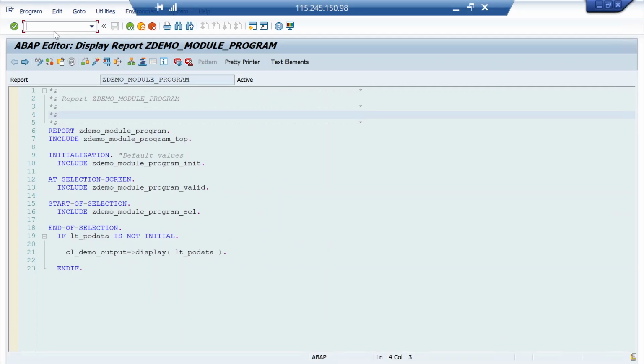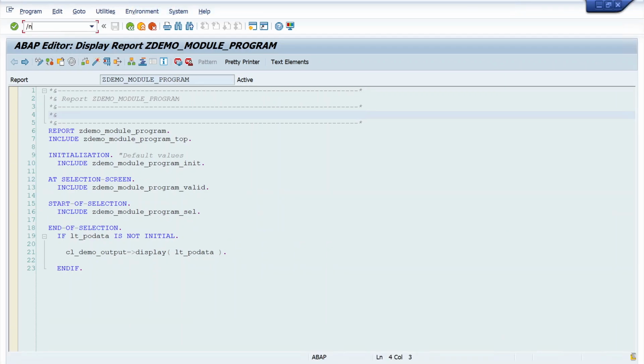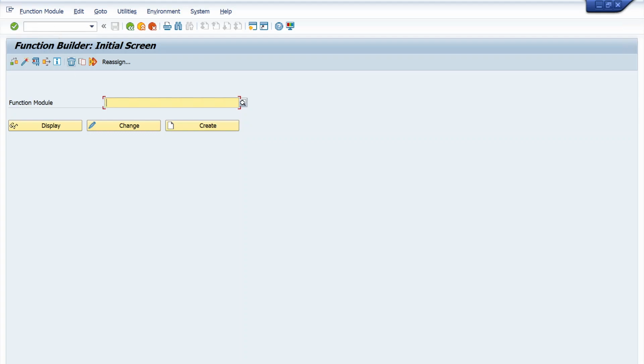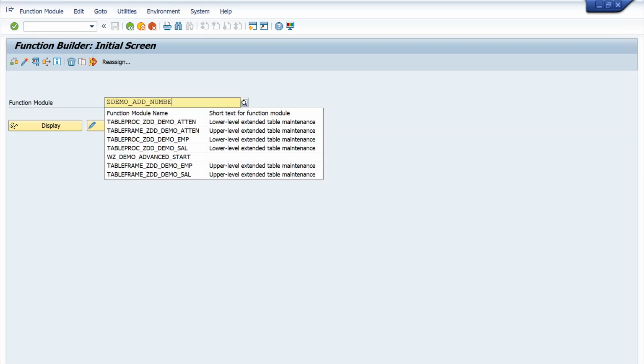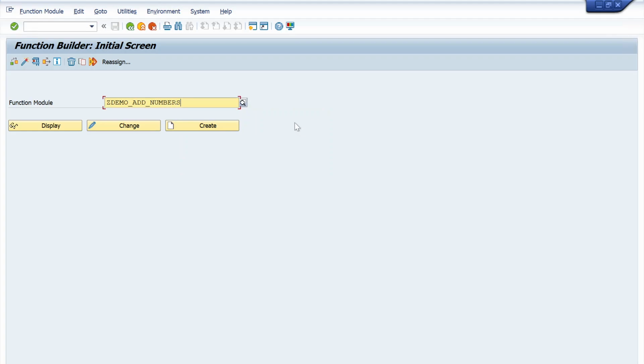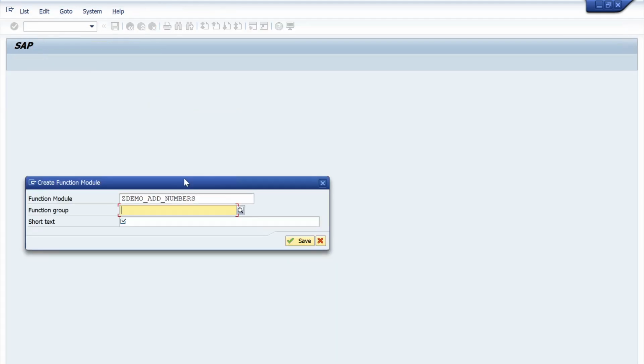What is the transaction code to create the function module? SE37 is the transaction code. Here provide the function module name. I'm creating a simple function module, add numbers, create what it is asking for,